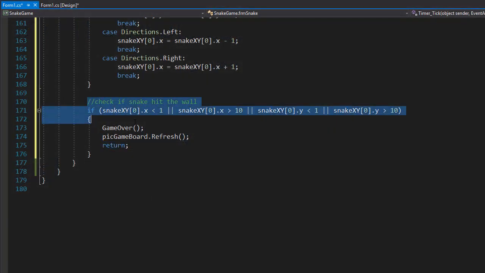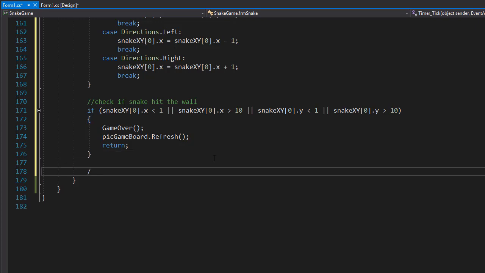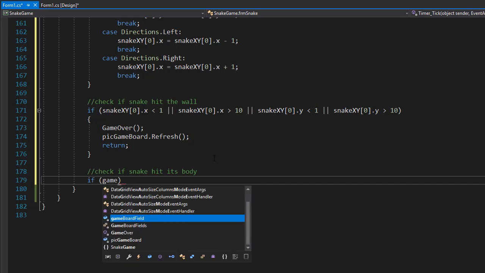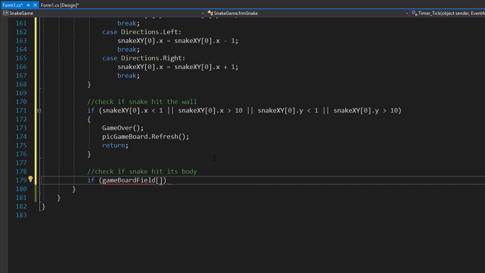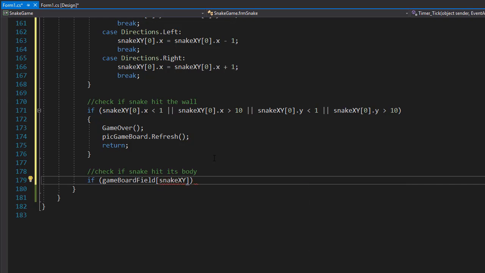So if the snake did not hit the wall, there is still a chance that the snake hit its own body. So let's check if that happened. We can do an if statement and check the game board field with the coordinates for our snake, which is the snake XY, with the head. So if the head hit the field that is a snake on our x-axis, that's the first dimension, and the y would be obviously the snake XY with the index of 0 for the head,